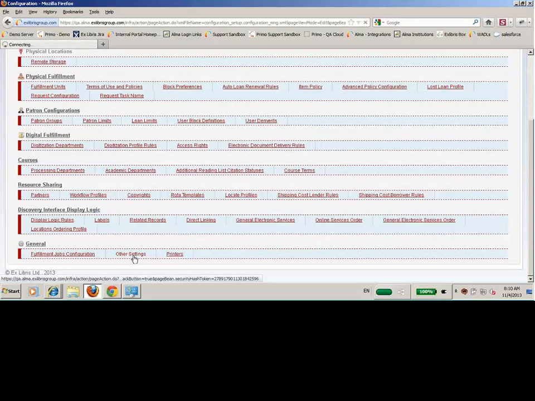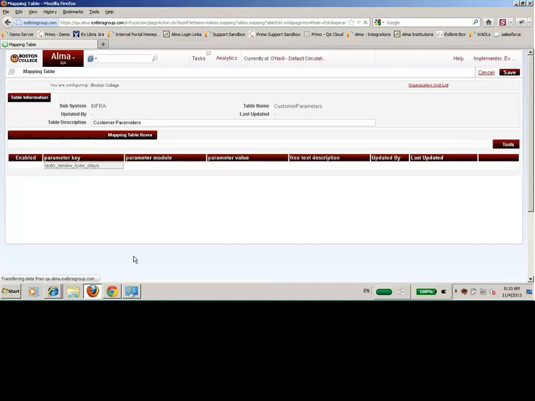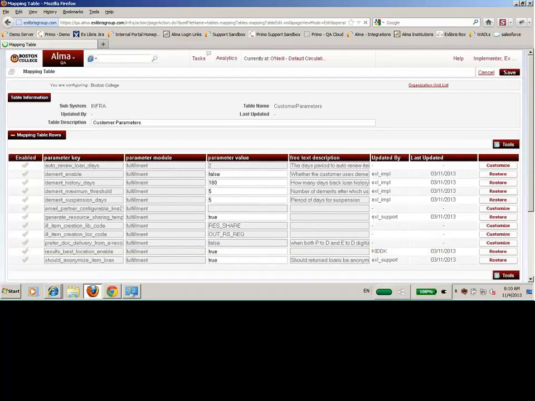A couple of new parameters have been put in there that must be turned on in order to have demerits work. The first of which is demerit enable. You see here it's set up with false. Of course, where demerits are needed, this needs to be turned on. Where this is turned on, in other words, true is set up here,